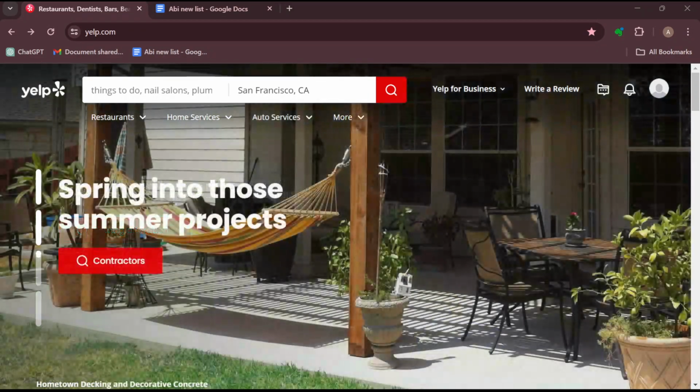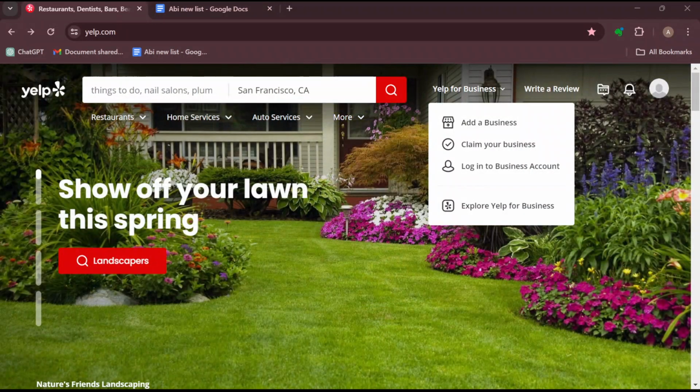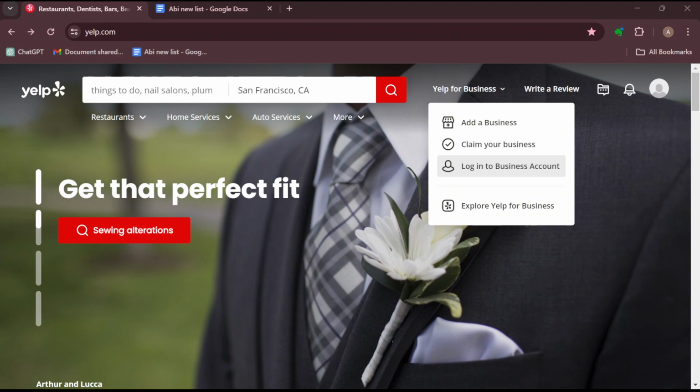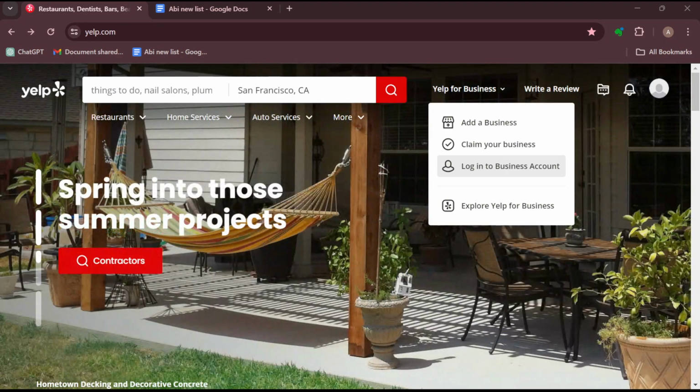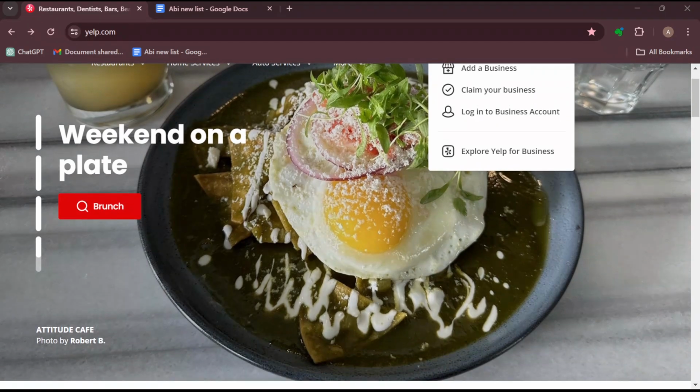So to create an account, go to the top part of the screen and click on Yelp for Business. After selecting that, you can decide to add the business if you have not. You can claim your business if you have your business added already to Yelp, and then you can also log into your business account straight away. All right. So once you are logged into your Yelp for Business account, navigate through to your Yelp ads